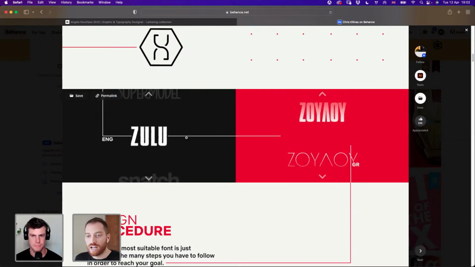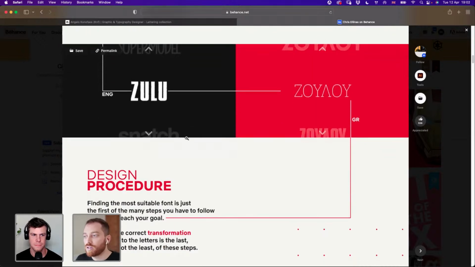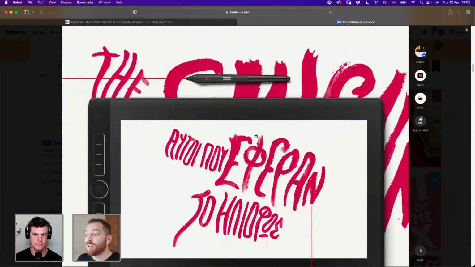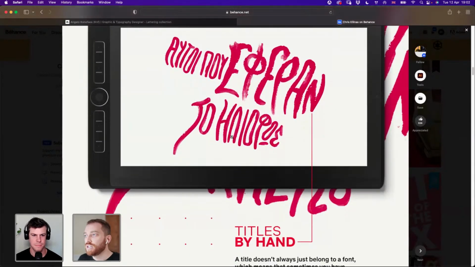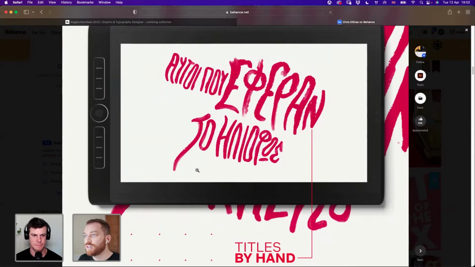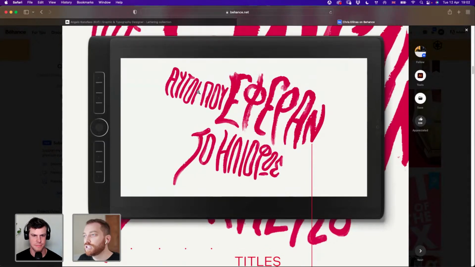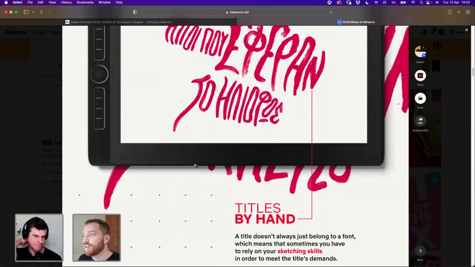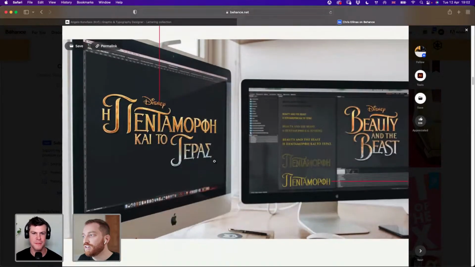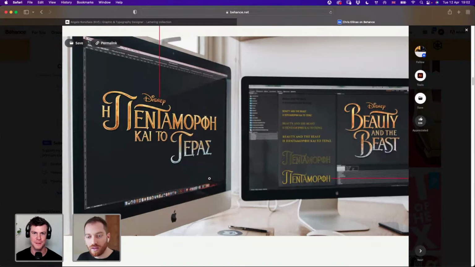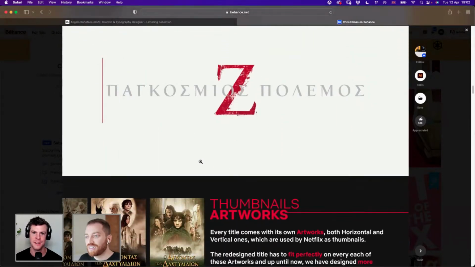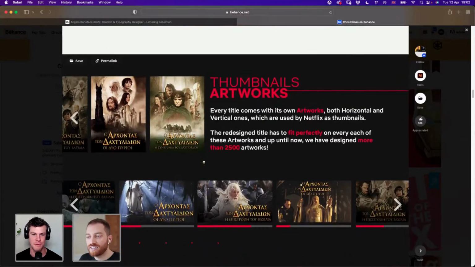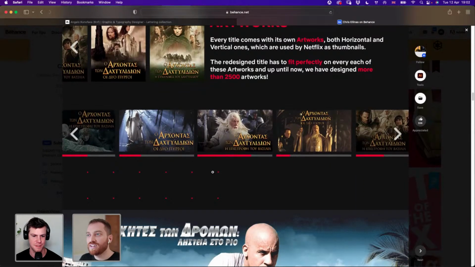So many times we have to recreate the font, or even make it by hand, like this one. I think he was using a brush pen maybe. It's something you don't always think about, with entertainment being seen all over the world: the challenge for a designer to copy a style, recreate it, and use a different alphabet is its own set of challenges.